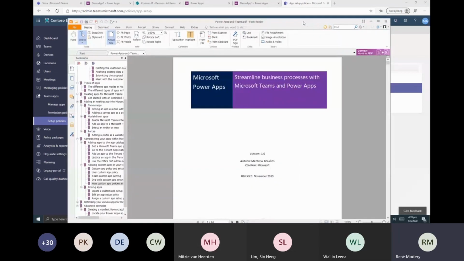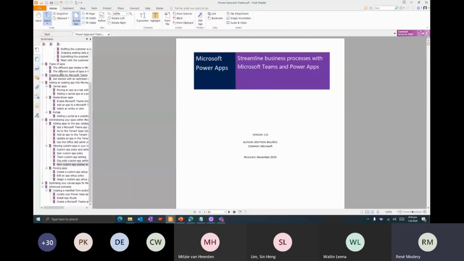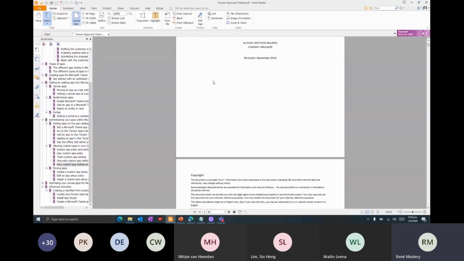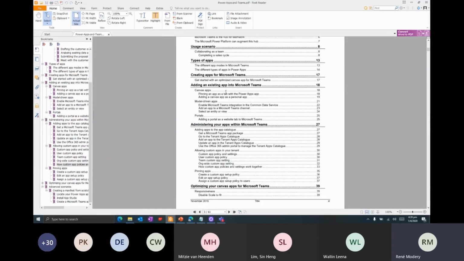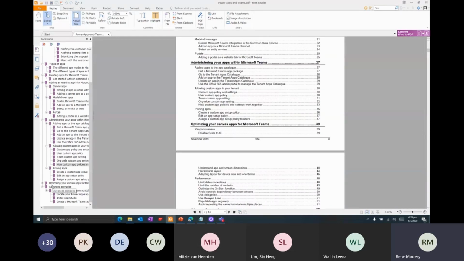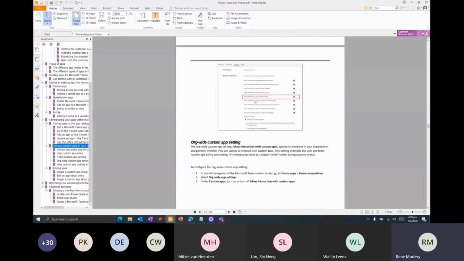Here it is. What there is actually, there's a very good Microsoft document, Streamline Business Process with Microsoft Teams and PowerApps. It's a 60-page PDF with a lot of valuable information, which actually mostly covers in a bit more detail what I was talking about, how you can pin an app, how we can add apps as tabs, etc. And what we also have here is how those policies that I was just talking about, for example, how